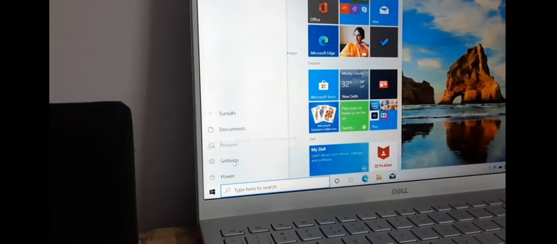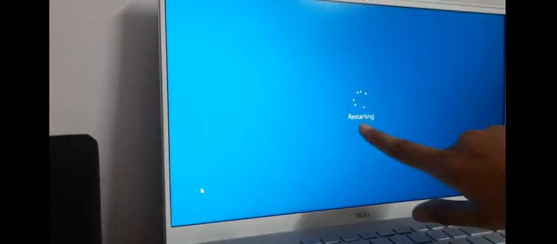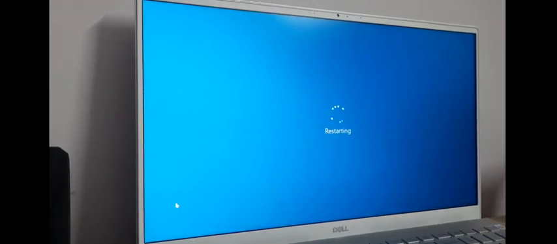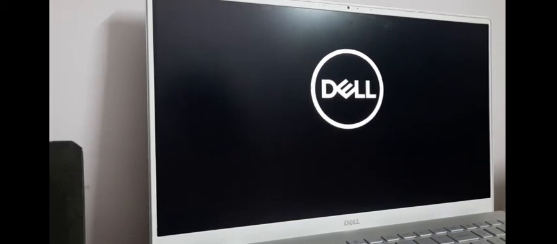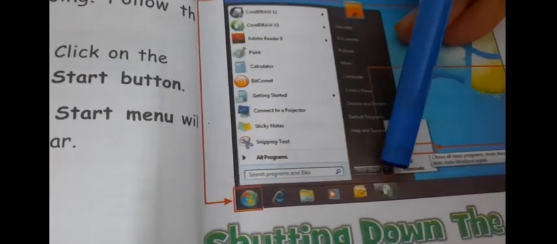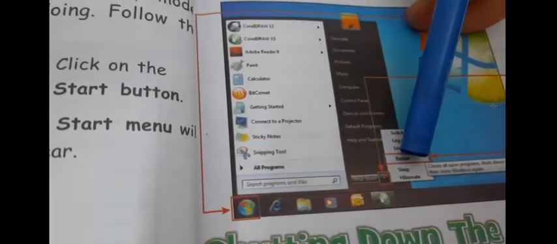When I click on this, you can see on my screen restarting is coming. Okay, now the computer is off. Now it will get on by itself. See. Okay, so that is restarting the computer. Again you will go to this arrow and you will click on this restart button.